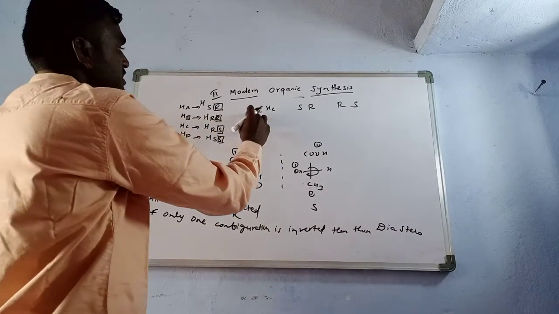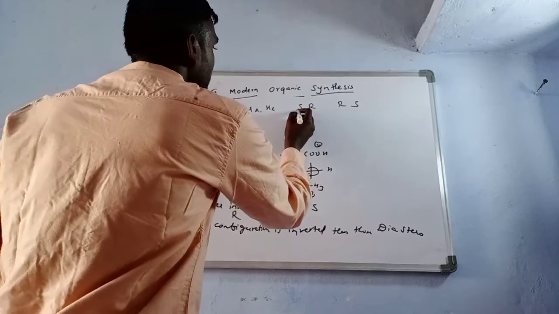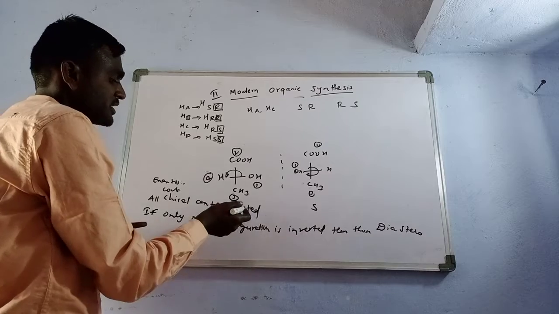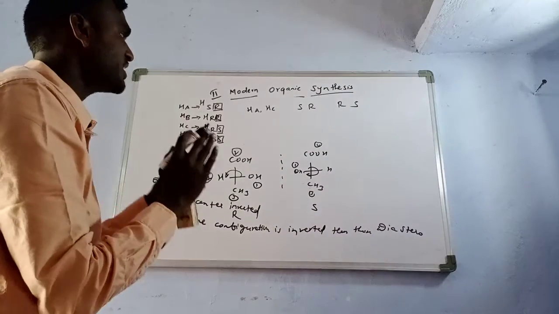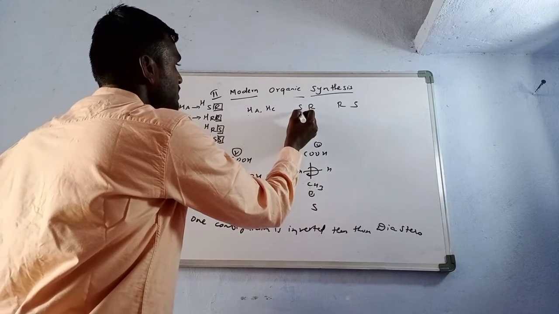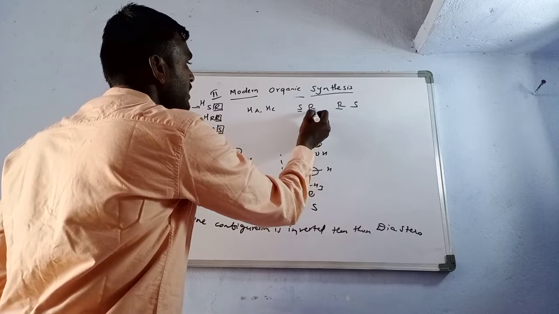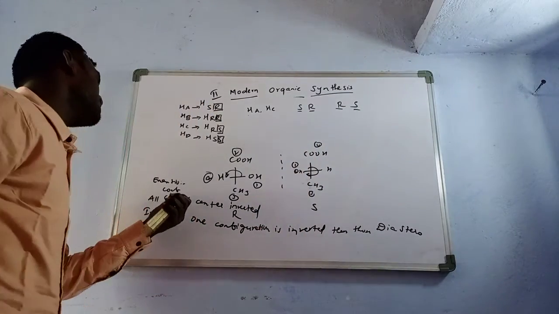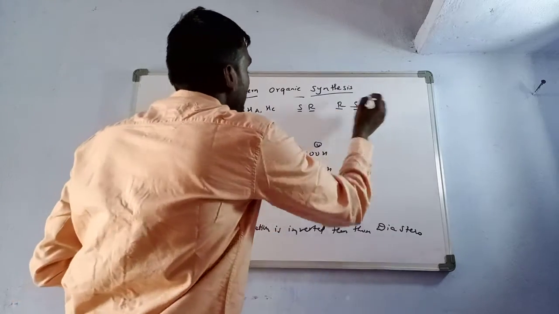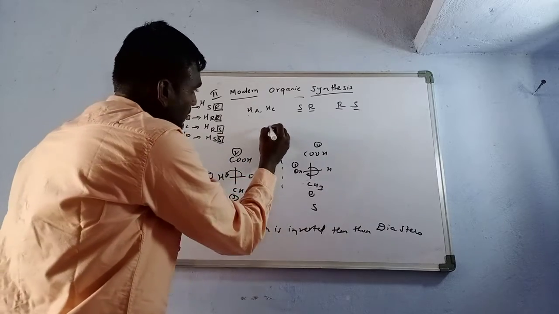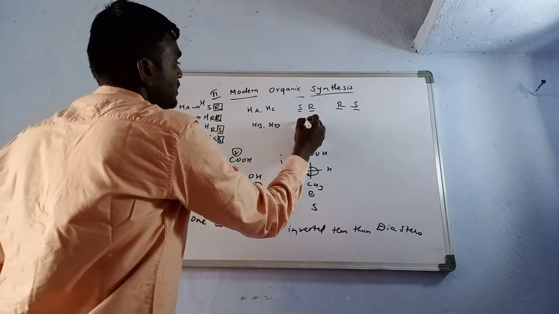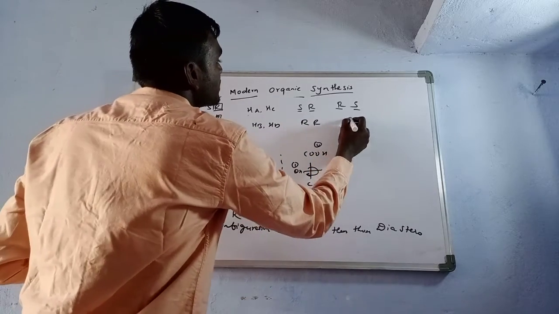See here, for this HA and HC relationship we are seeing this. What is the enantiomeric relationship? Whenever all configurations of chiral centers are inverted, then those molecules are said to be enantiomers. If we see this HA and HC relationship, the S configuration is inverted to R and R is inverted to S, meaning all chiral center configurations are inverted. So these HA and HC are enantiomers. In the same way, HB and HD. What is HB? RR configuration, and HD is SS configuration.